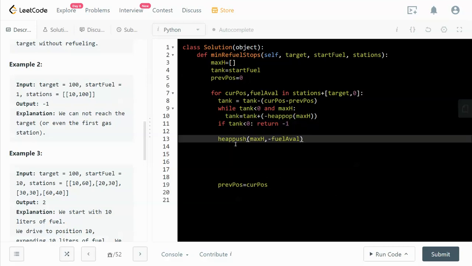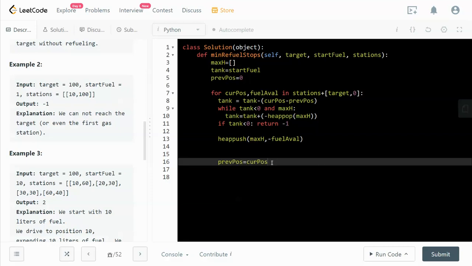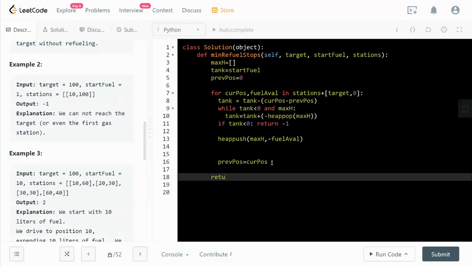And whenever we come across a gas station, we push it to the max heap again. Because in Python it works as a min heap, to use a max heap we put a negative sign in front of the amount. Sorry, I should say the minimum of the negative numbers will be the maximum of the positive numbers. So that's why we can use a max heap that way. And then at the end, we will simply return